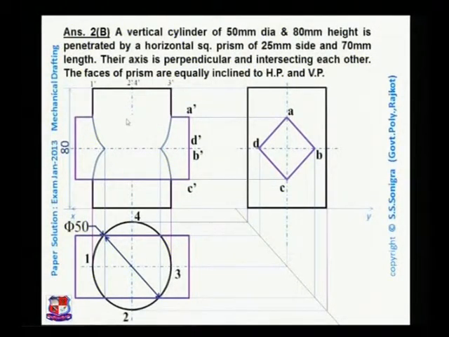Now think about this line, because this line shows the upper edge of this square prism, that is edge A, and the square prism is inside the cylinder, so this portion would not appear, hence it should be erased, and this portion should also be erased because it will not appear in front view, and then draw a dotted line over here as it does not appear but the edges are there behind this cylinder, inside the cylinder. Hence the edges which are not visible we draw with dotted lines as shown over here.